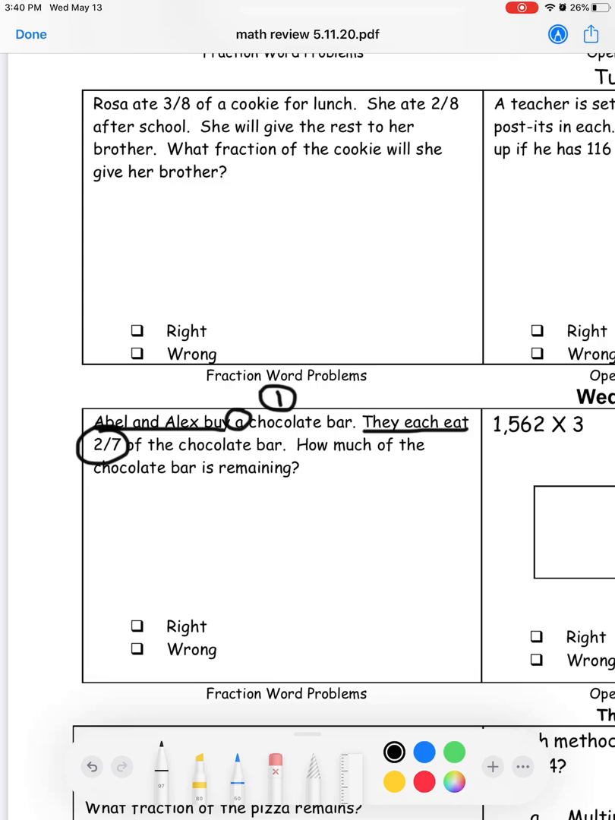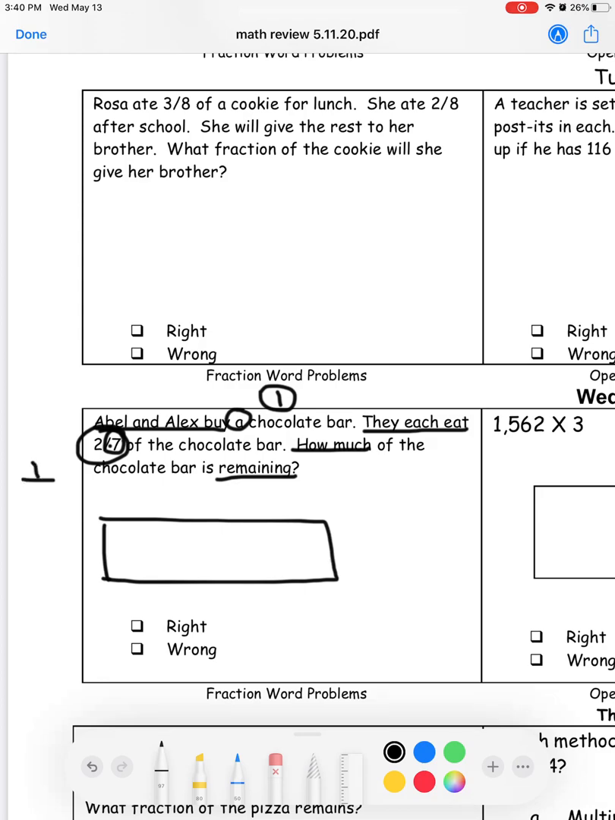Okay, now the question: how much of the chocolate bar is remaining? So it's not really asking us how much they ate together. It's asking us how much was remaining after they each ate 2/7 of a chocolate bar. So I like my fraction bar model, and I know that because my denominator is 7,